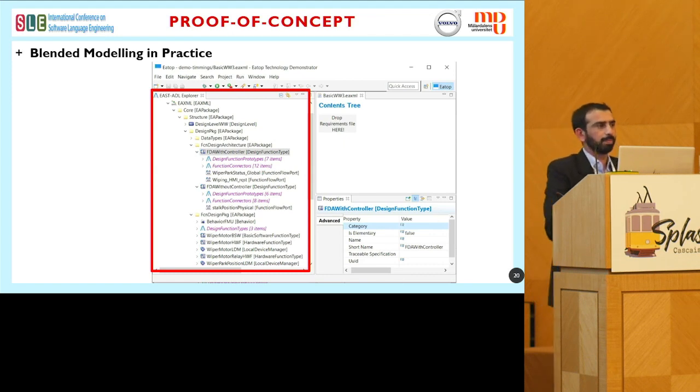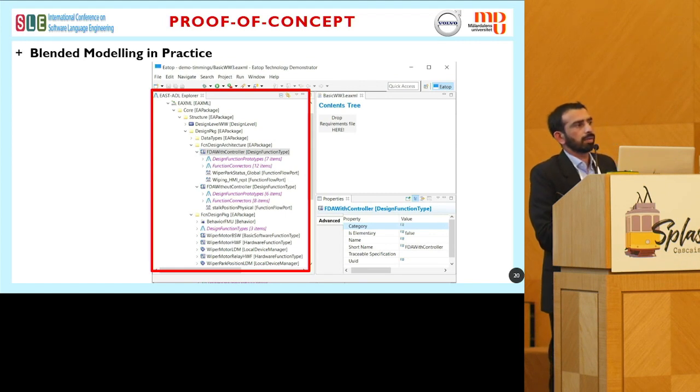There is another question just there. Thank you for your talk. My question is related to EXML transformations. You mentioned you use Java. Is there any particular reason you use Java and not any transformation language? Basically, we use Xtend, and this can be done through model-to-model transformation as well.